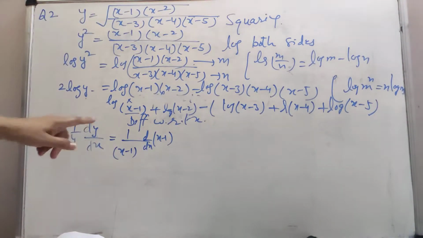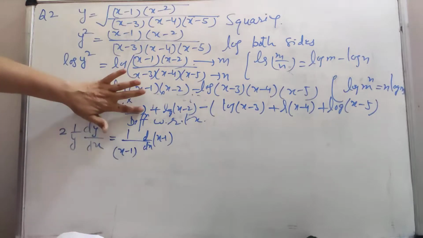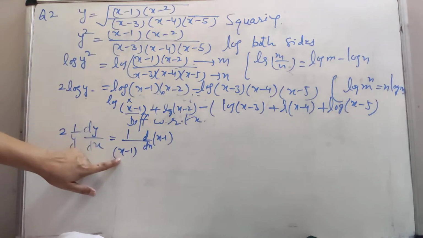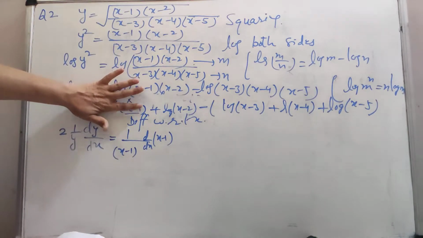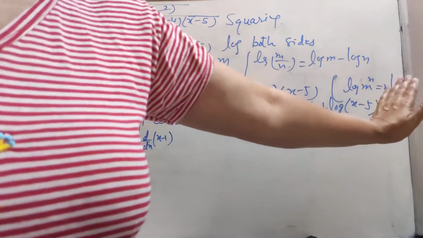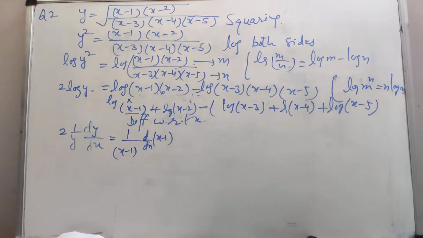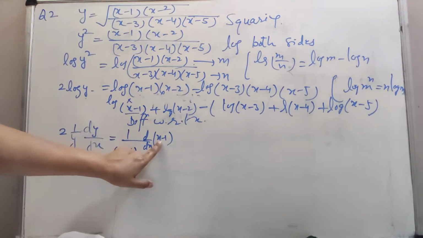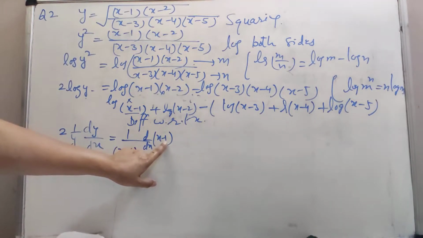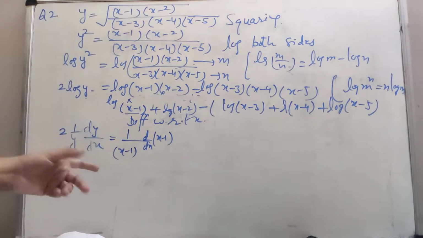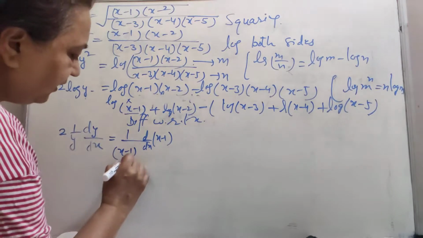Right? Log of x minus 1, this is capital X. So this is 1 over x minus 1, 1 over x, and the derivative of this capital X. In all the portions it will apply the same rule. See, in all parts the derivative of x is 1 and the derivative of 1 is 0. So it will remain only this 1 over x minus 1.